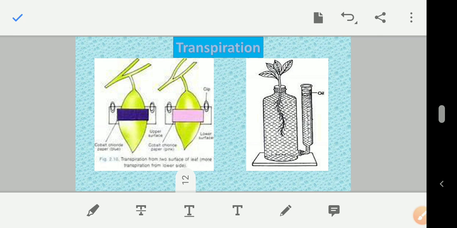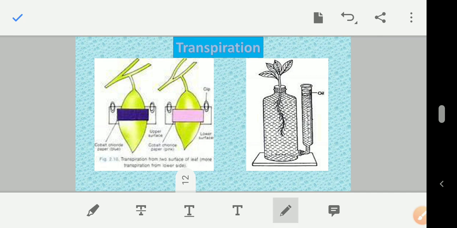The first is to compare the rate of transpiration from two different sides of the leaves. Which paper is used? Not cobalt chloride paper. It is dry cobalt chloride paper. What is your observation? My observation is the color of dry cobalt chloride paper changed from blue to pink. You can't write it changed to pink. मतलब फिर आपका observation क्या हुआ? आपको पहला वाला भी पता होना चाहिए. Then only you can have a better observation.